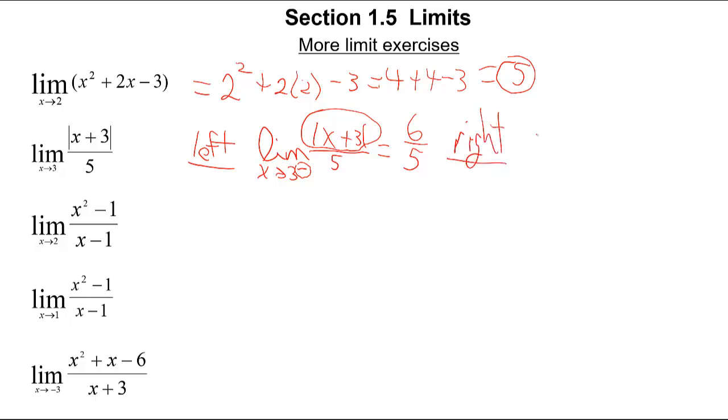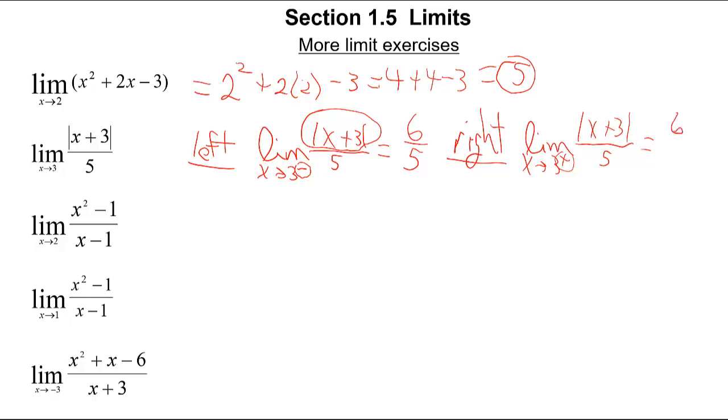you can do the same analysis. The limit as x approaches 3 from the right of the absolute value of x plus 3, over 5. And you can see you get the same sort of analysis. This time you're getting close to 3, but you're taking numbers bigger than 3. The plus means you're taking numbers slightly bigger than 3. So you're like 3.1, 3.001, 3.0001. And you can see you're getting closer and closer to 6 as well, no matter whether you're coming from the